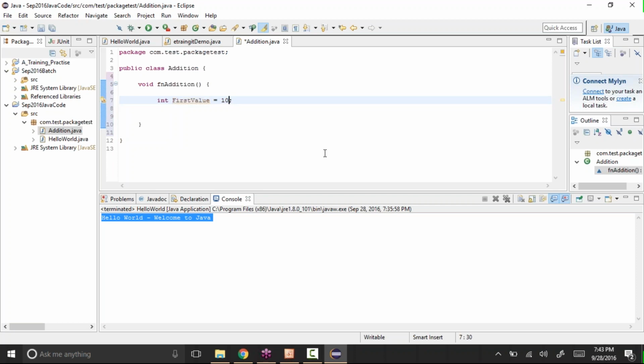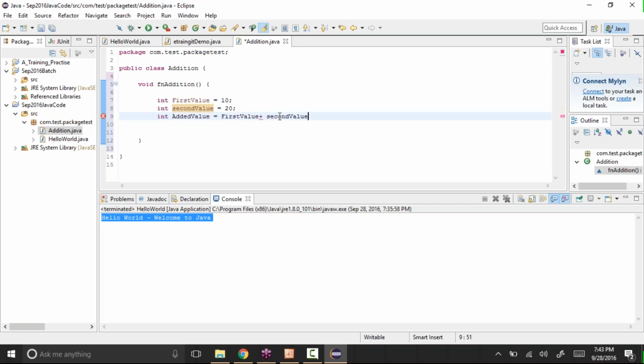In the same way, int second value equal to 20. And int added value equal to first value plus second value.